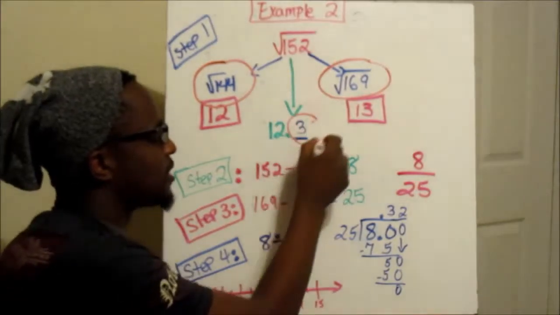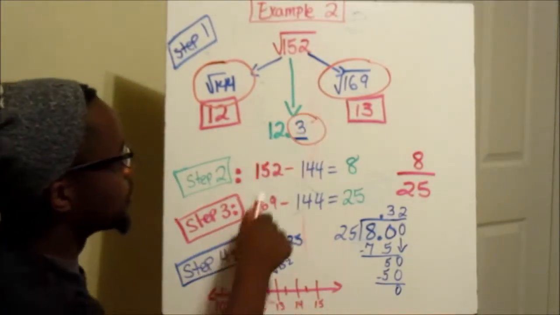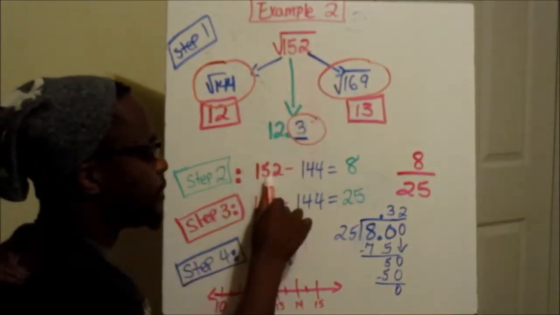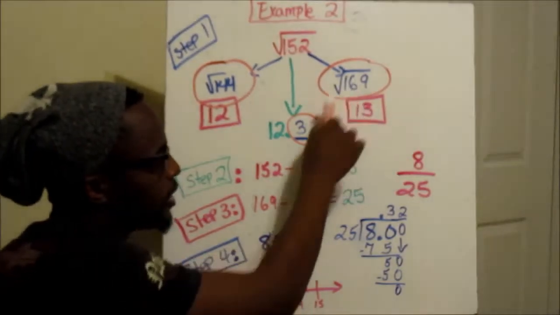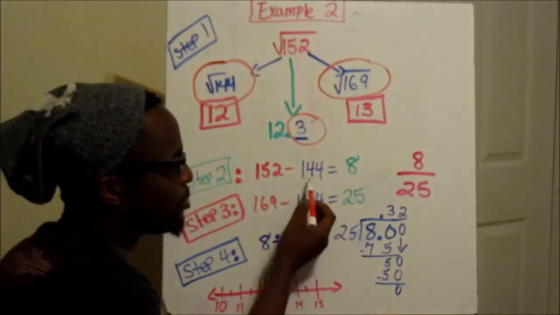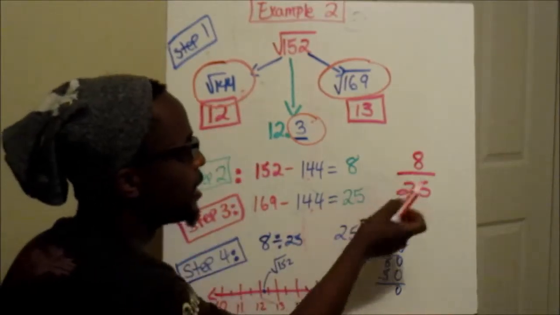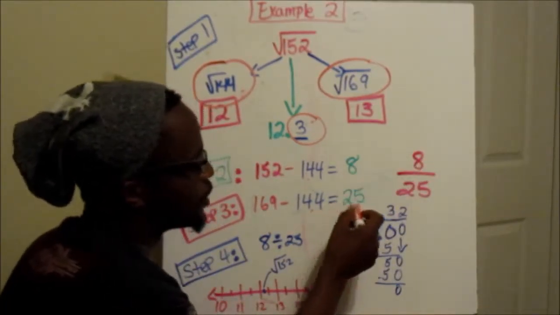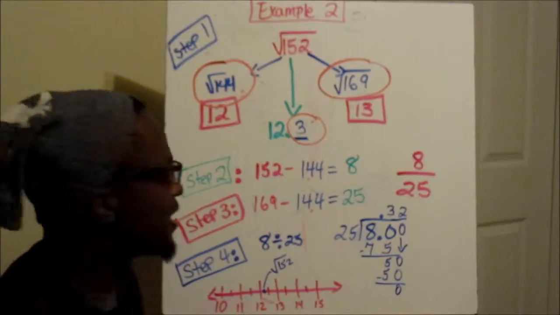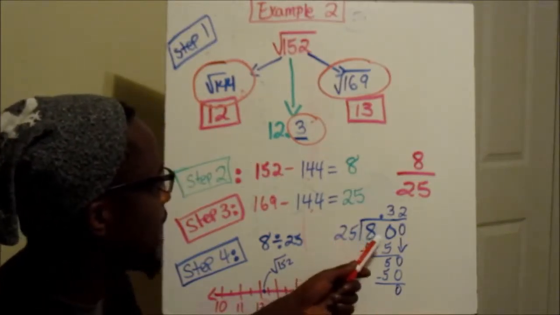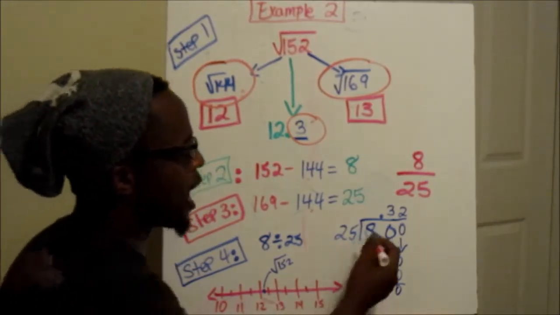And so I know that the square root of 152 falls between 12 and 13, so it's 12 point something. And remember, to get this something, we have to do some extra steps. I took 152, the number I'm looking for, and 169, my upper square, and then I subtracted my lower perfect square, 144. When I do that, this is my numerator, 8. 25 is my denominator. And then I can just divide from there. So 8 divided by 25,